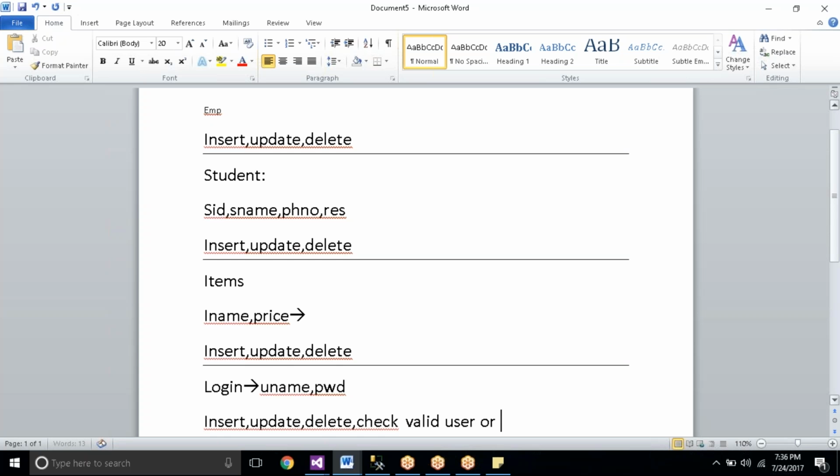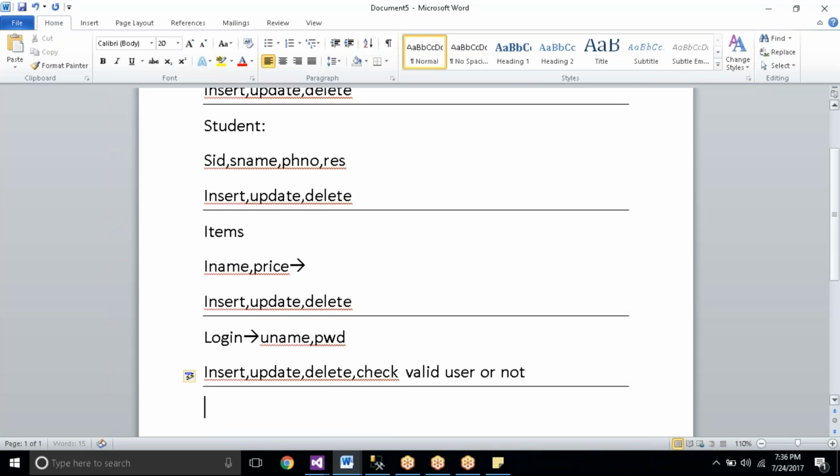We have seen this example, right? Select count of star from login. Clear? We can insert a new user with the help of insert. We can update the user's password or username with the help of update, and delete the user, and check whether the user is valid or not with the help of the example we have seen.